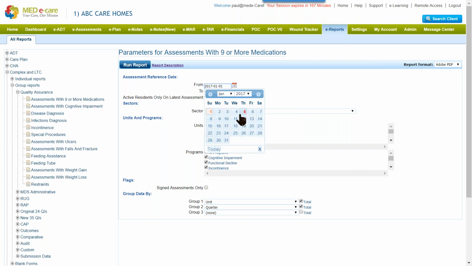Or I could look at a calendar and do it by the standard method of picking a different date range if I only wanted to look at a single month. Okay? Or if I wanted to look at all my current residents on their last assessment only, just check off this box. This thing no longer applies. And that will give me all my current residents and how many are on 9 or more medications, which again may be more interesting to look at what's my current situation rather than bringing in historical people that were already